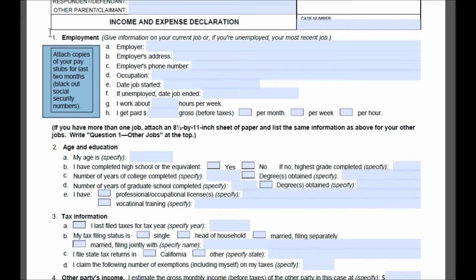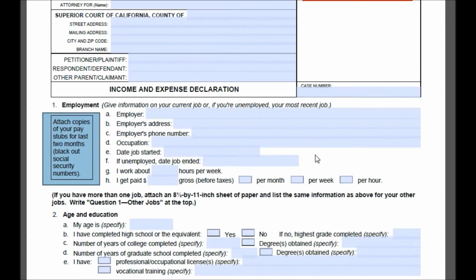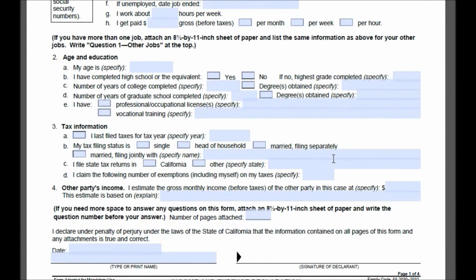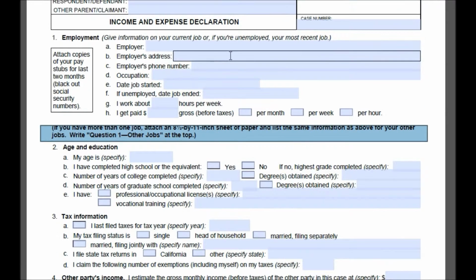And a lot of times, from my experience, the attachments are actually more important than the declaration themselves, because even though it's a declaration, a lot of times people don't fill it out properly, or they purposely leave stuff out, etc. Pay stubs are a lot harder to fake, I suppose. So anyway, if you have a second job, some people do, you have to provide the same information, employer name, address, salary, hours, etc.,